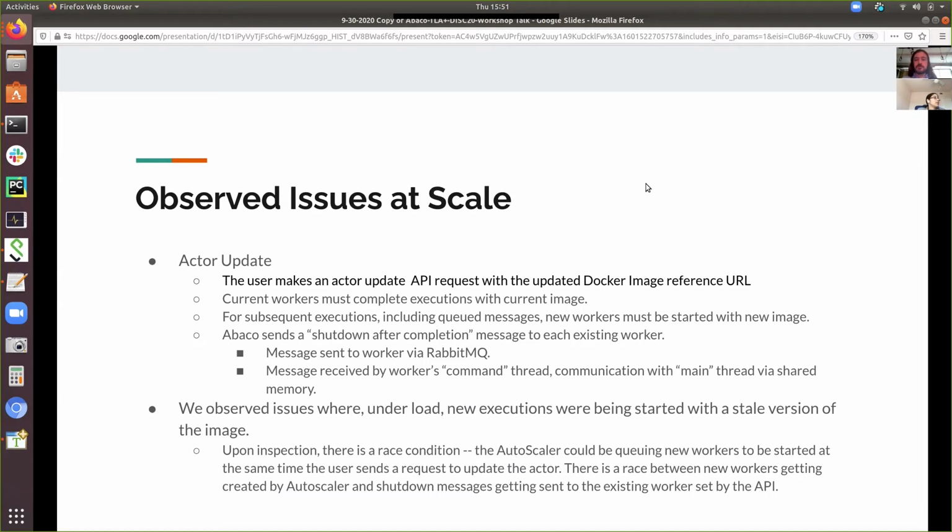So for a user to update an actor definition, the user makes an actor update API request with the updated Docker image reference URL. All the existing workers must complete their execution with the current image. And for subsequent executions, including the messages in the queue, new workers must be started with the new image. So internally, Abaco sends a shutdown after completion message to each existing worker via